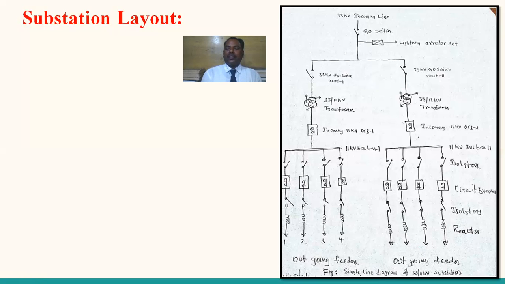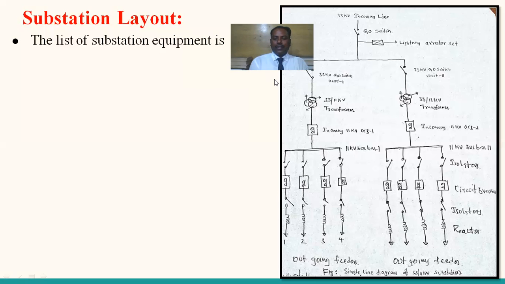With this, we can identify the many devices in the substation. Let us list out the devices in the substation, from the incoming 33 kV up to the outgoing primary feeder. What are the various components functioning in the substation, from the point of maintenance, protection, and service? Everything is to be taken into account, so we have to identify the various components in the substation.